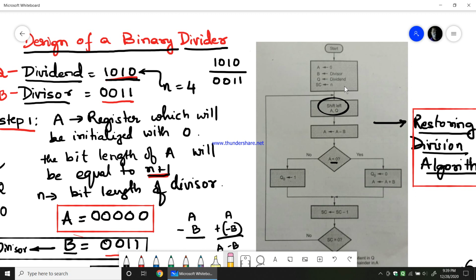I have converted that into 5 bit as 00011. Then in step 2, we took the 2's complement of divisor, because we subtract A with this divisor B. Whenever we need the subtraction process, we always take the 2's complement and then add that with A, so that it becomes A minus B. So now after this 2's complement of B has been found, we are going to shift A and Q towards left, shifting left A comma Q left.